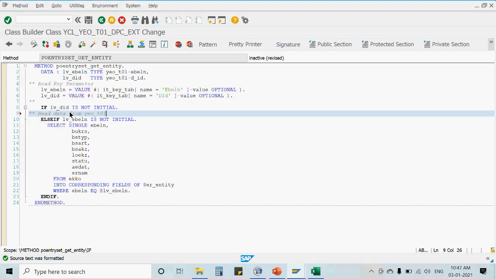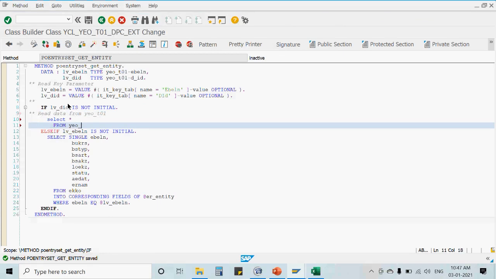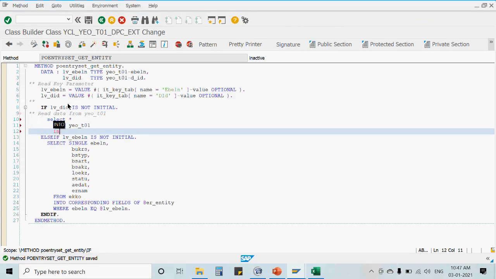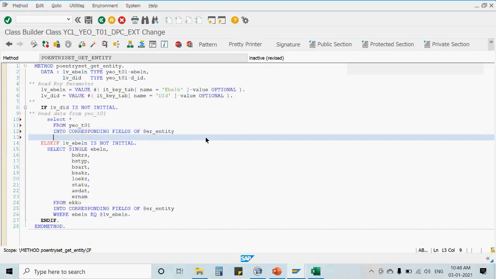Read data from YE0_T01. Okay. So all I have to do is fetch all the data, select star from YE0_T01 into corresponding fields of ER entity, because that would be the same target, which is the exporting parameter for this method that we will be using over here. Where LV DID, sorry, LV DID is not a column name. Column name is D_ID. Okay, D_ID is equal to